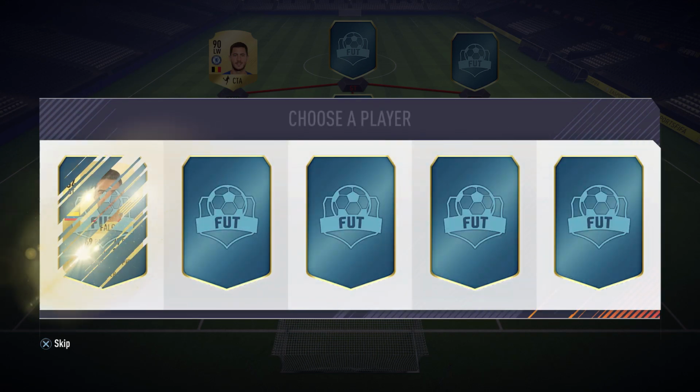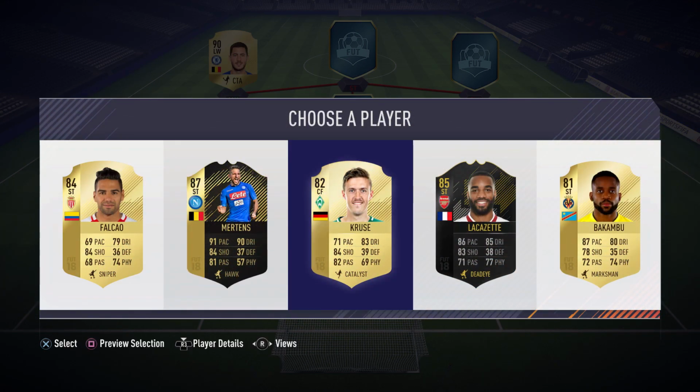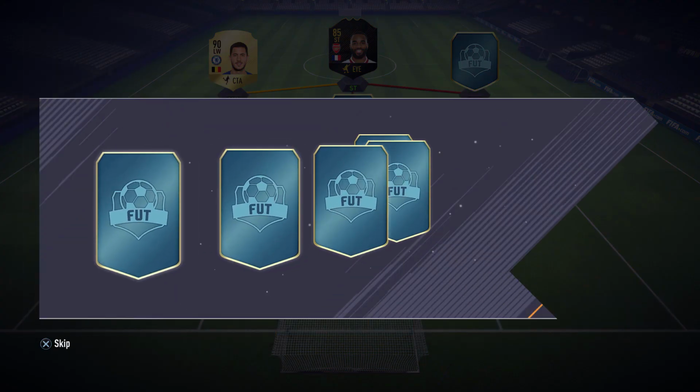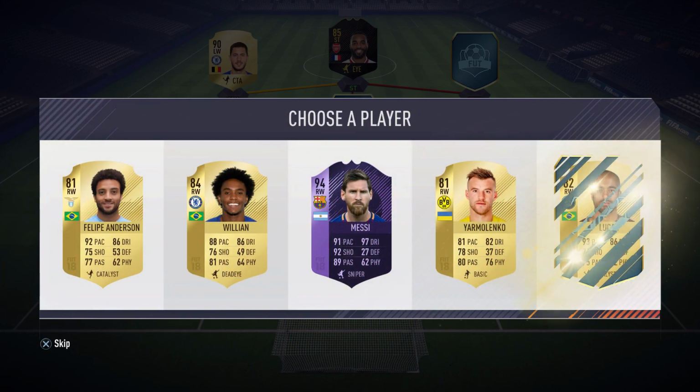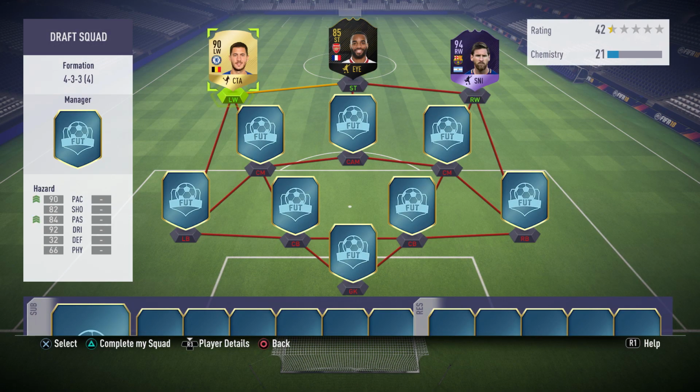And at striker, we were fortunate enough to get the ones to watch Lacazette, so that's an easy Premier League link right there. However, at right wing, that's when the cards really started to get better. If we see here, we actually get the hero Messi, which is very nice to use there. I actually have not used Messi yet. This is my fourth draft, and I have not gotten Messi once,